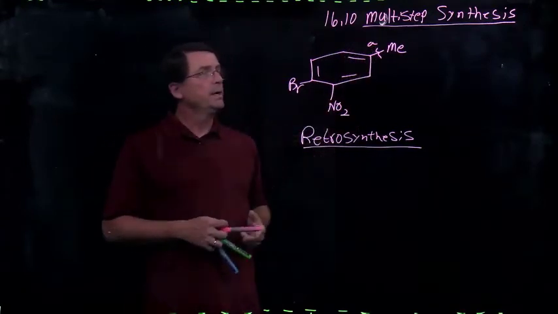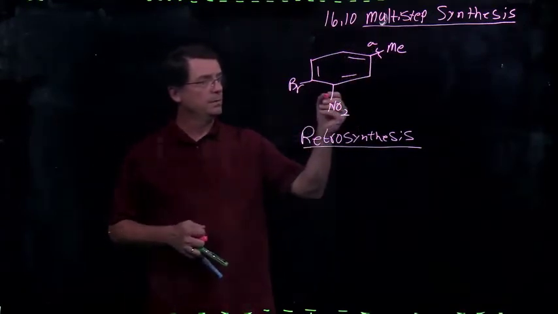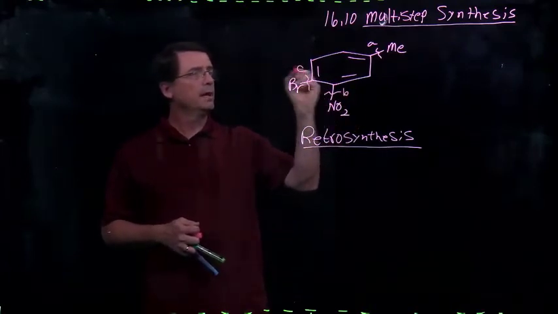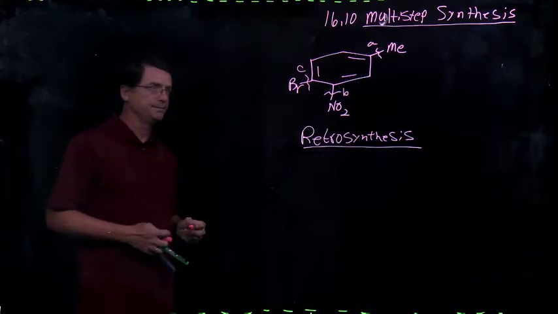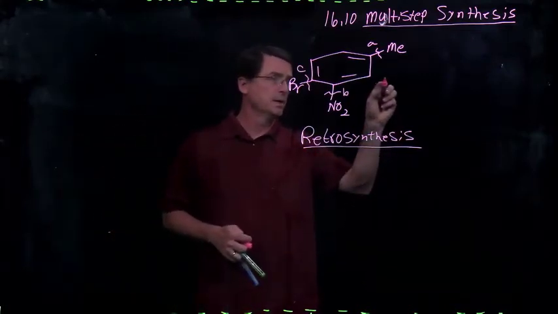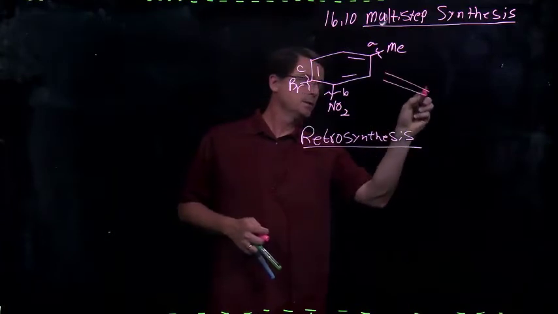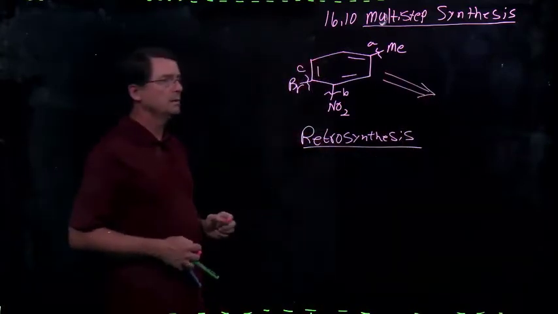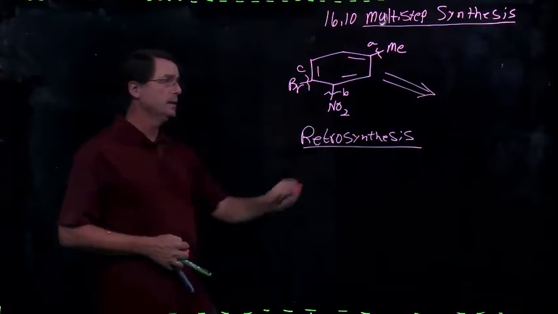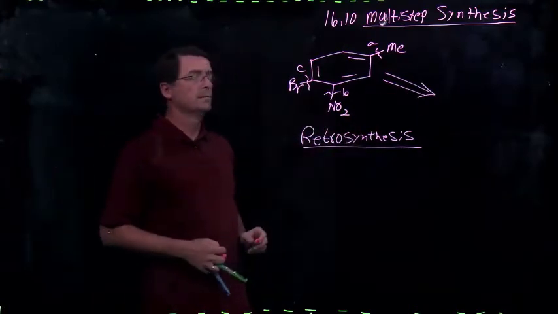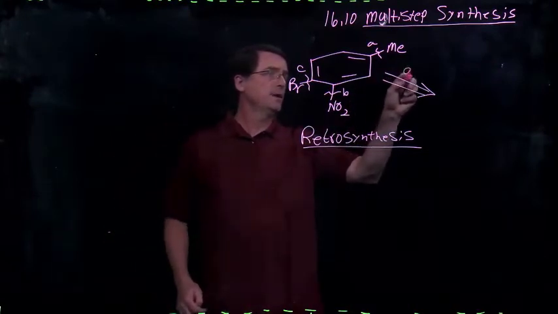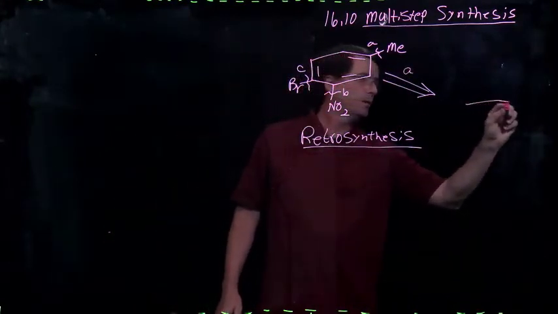So we could take the methyl group off, we could take the nitro group off, or we could take the bromo group off. Okay, and we should analyze each of these pathways. Now, chemists use a funky arrow to indicate retrosynthesis. Two parallel lines like an equal sign, and then a double-headed arrow on the end of that. So let's take off A. That would give us a precursor,